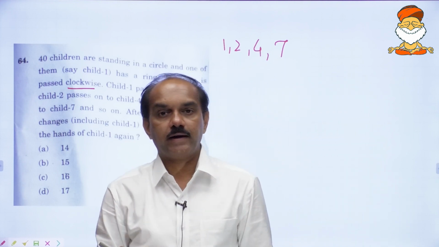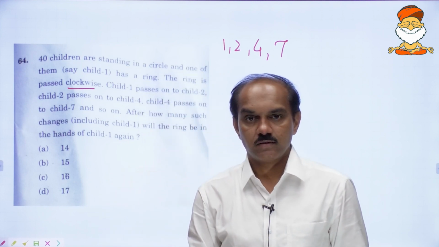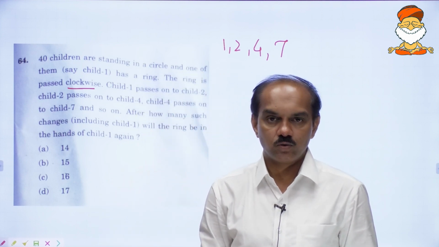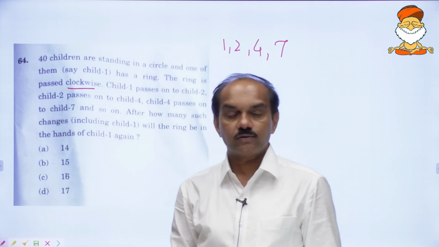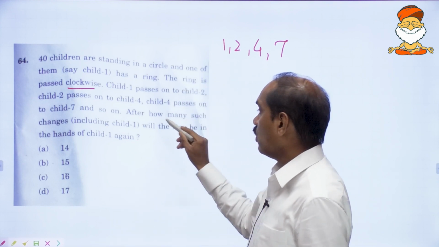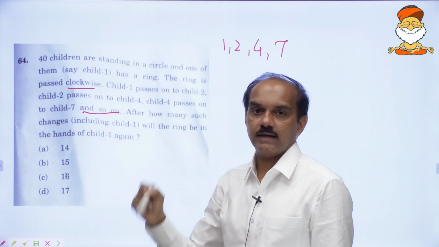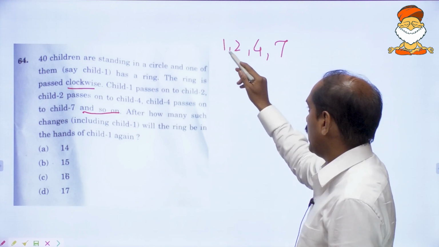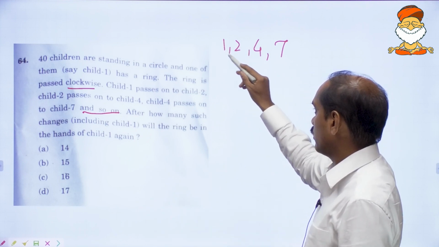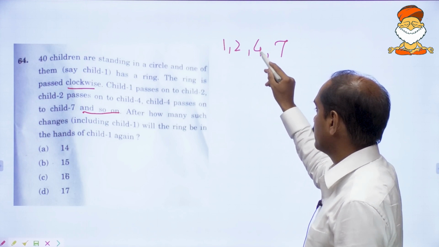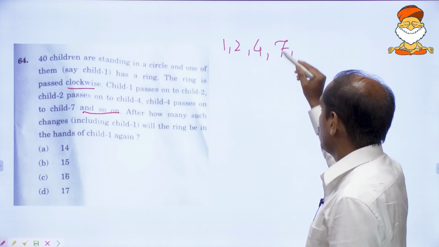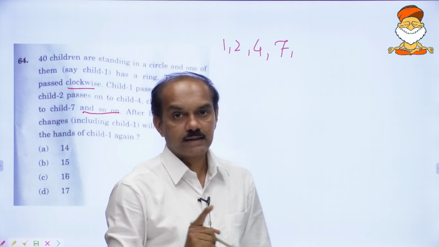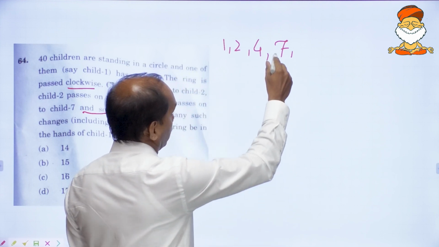So you keep on adding natural numbers. First you add 1, then you add 2, then you add 3, then you add 4. This is how it goes. Here it is increased by 1, here by 2, here by 3. Now let us increase this by 4,